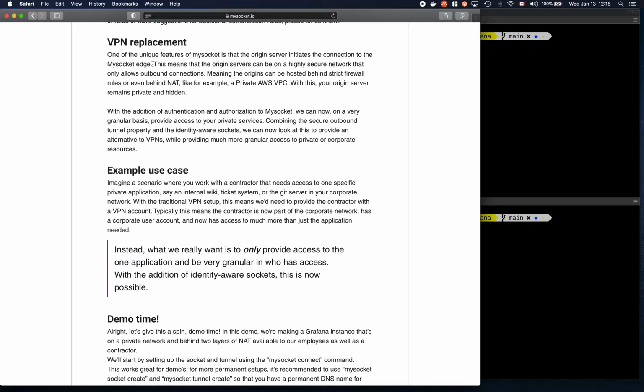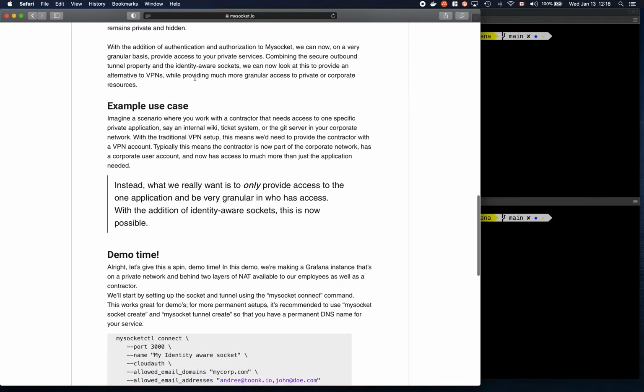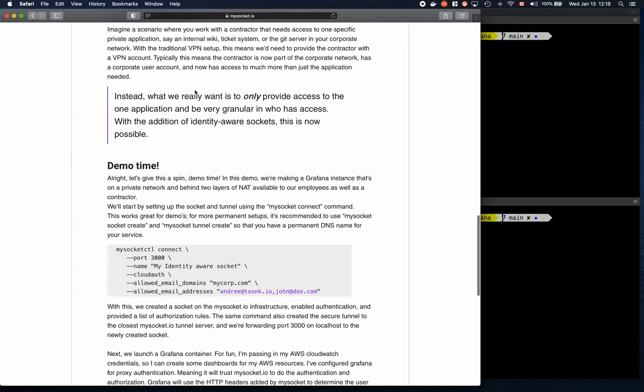And in the case of, for example, the contractor use case, the contractor only has access if authorized to that specific wiki. We didn't have to create a corporate account for this user, and we didn't have to give him sort of VPN-wide network access. Okay, so with that, I think we talked a little bit about what Zero Trust is and these identity-aware sockets